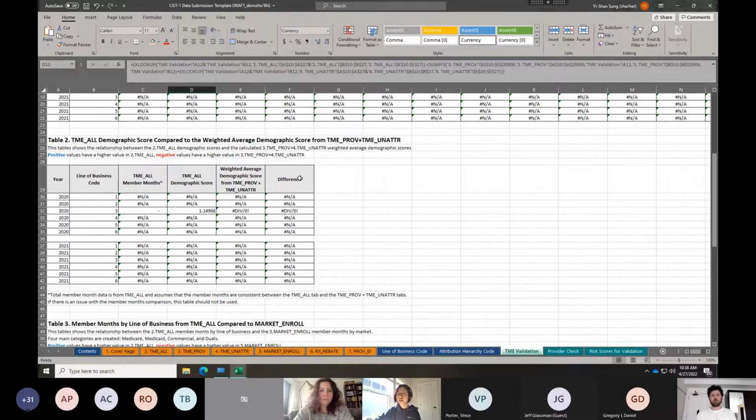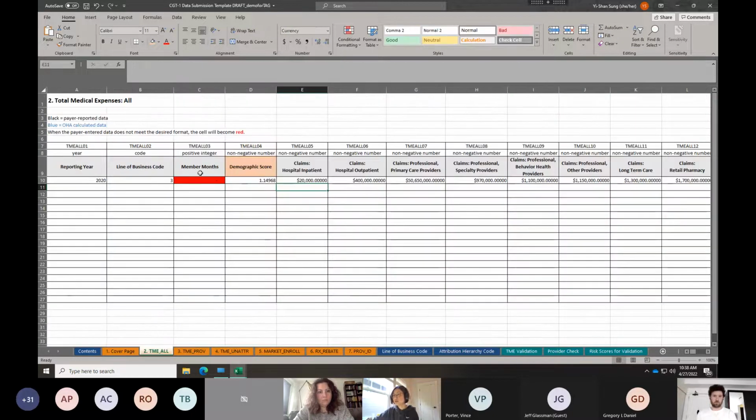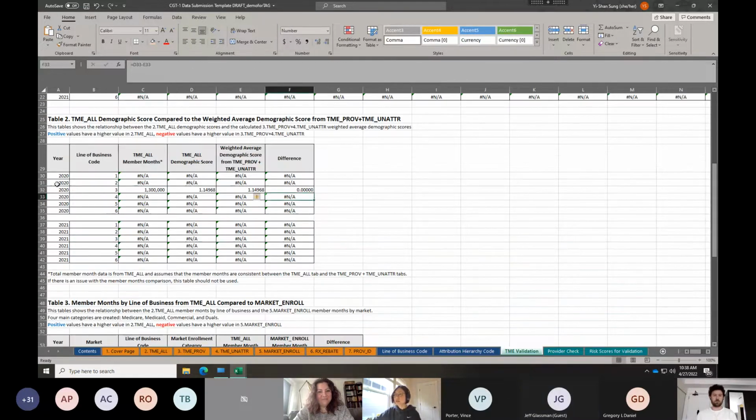If not, I'm going to move to table 2, which compares the weighted average demographic score between the TME All and the TME Prof and TME unattributed tab. In this case, let me change these to the right number. If your weighted demographic score is the same between the TME All and TME Prof plus TME unattributed tab, you will see the difference will be 0.